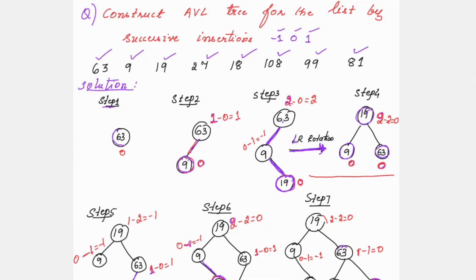Here I'll tell you about the 2 steps. One is the left and another is the right. So here in the first step of the left right rotation, this will be the status: 63, 19 and 9. Then when you pull down this 63, 19 will come on the top and 63 here and 9 will remain in this place. So this is the first step and this is the second step. Left right rotation. So either you carry out in 2 steps or directly you can carry out in 1 step only, and the resulting tree will be like this.